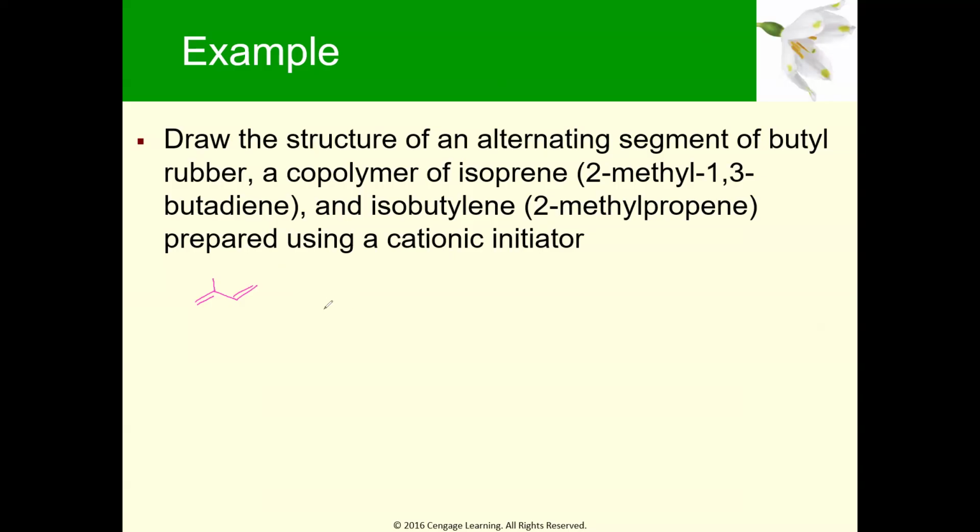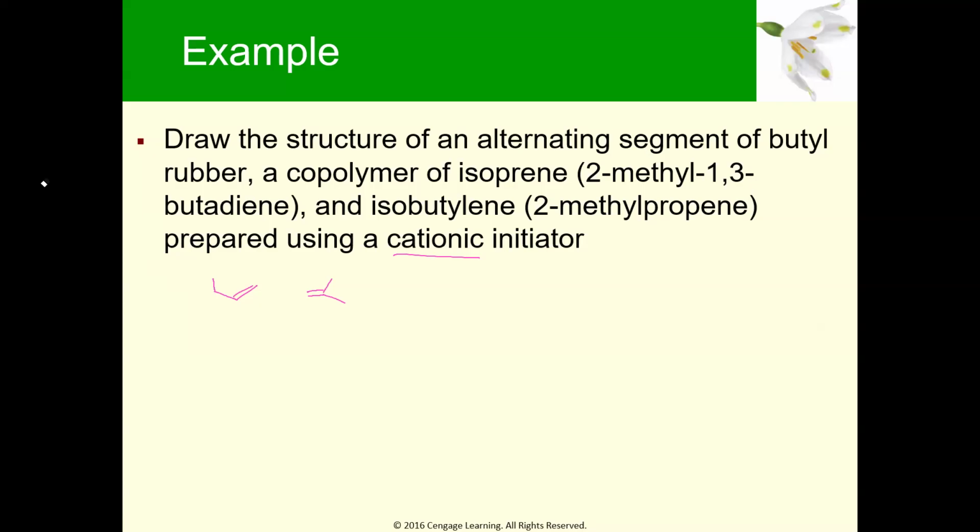Okay, and then we're reacting that with isobutylene. So isobutylene is 2-methylpropene. Okay, so propene would be like this. We've got a double bond, and then there's the third carbon, so 1, 2, 3. And then on the second carbon there, we also have a methyl group. Using a cationic initiator. So here's the big thing you can do: if I have a cationic initiator, it's almost like I